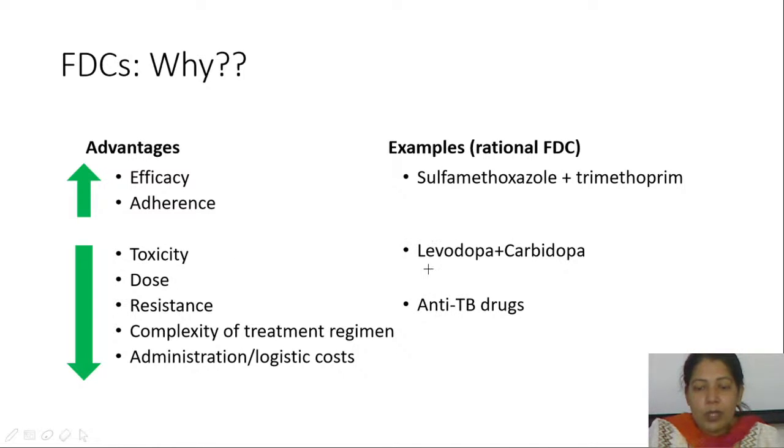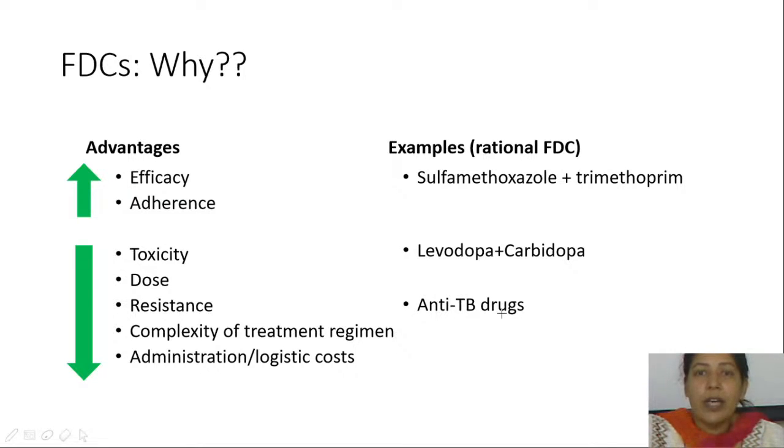Since more dose becomes available in the brain where it is required, the dose also reduces for levodopa by combining it with carbidopa. So that's also an advantage. The side effects would reduce. Then resistance. Classically, anti-tubercular drugs and anti-HIV drugs are combined together so that Mycobacterium tuberculosis is known to develop rapid